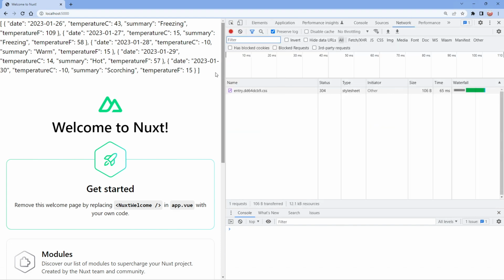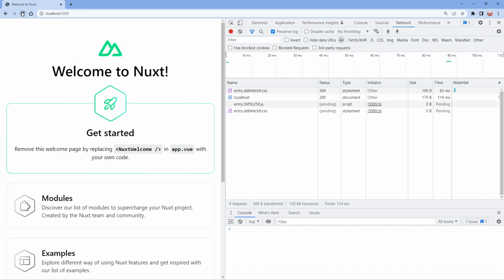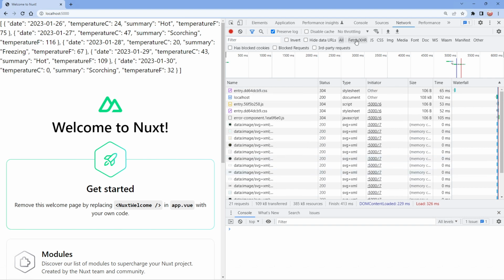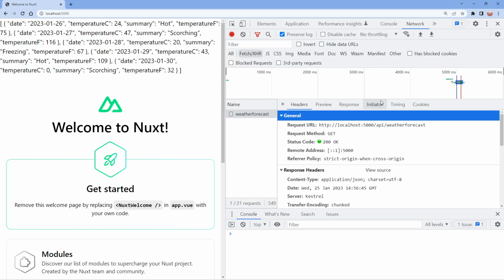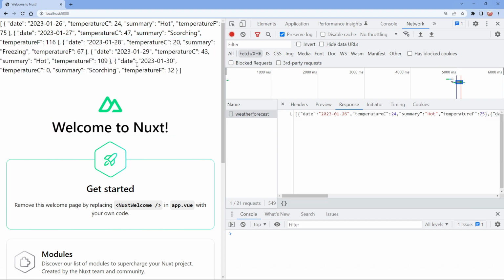So let's just bring up the network and refresh that so that we can see everything going on. And inside there, I can see a call to API weather forecast. So that's it all running up in containers, which is good. So now let's move on to the meat and potatoes of this and get all of this running up in